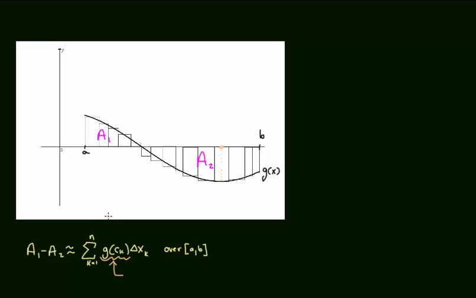And if I were trying to find the actual value of a1 minus a2, then that would be the limit as n goes to infinity of the sum from 1 to n of g of c sub k times change in x sub k. Again, the infinite sum, also thought of as a Riemann sum, and that would give me the integral from a to b of g of x